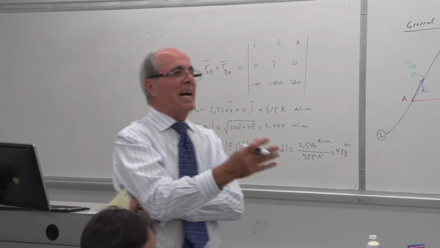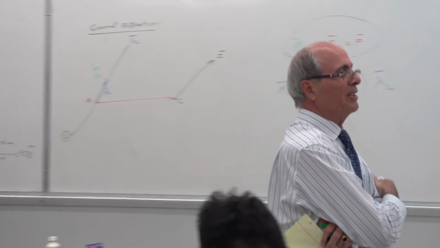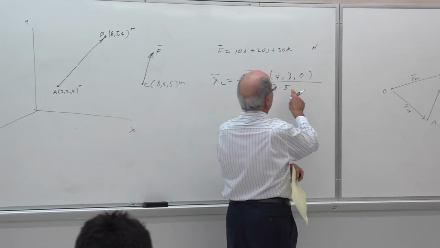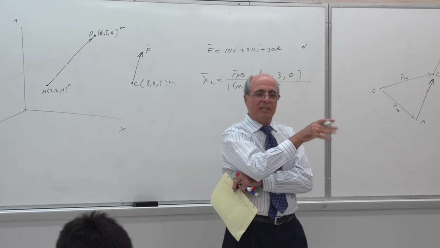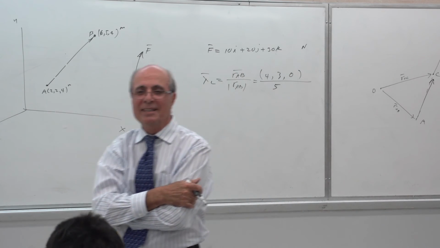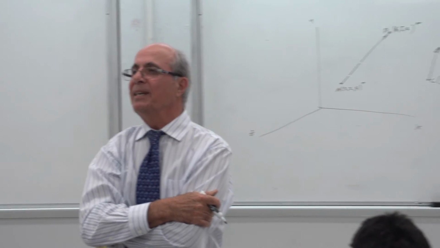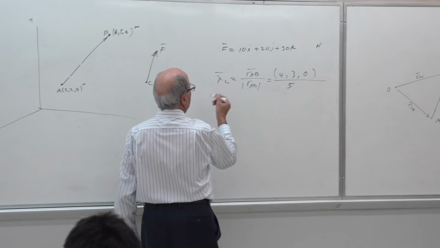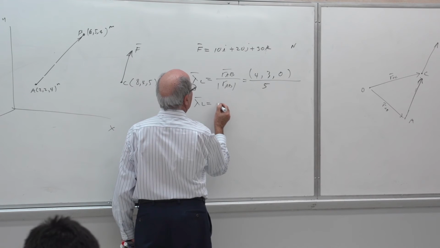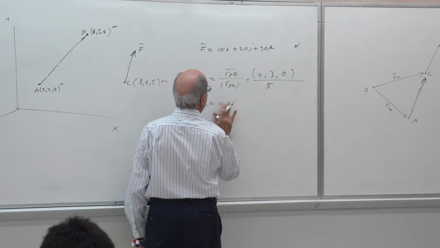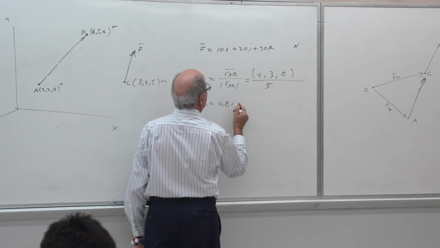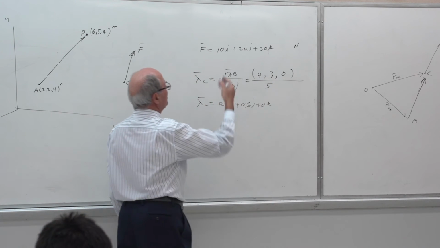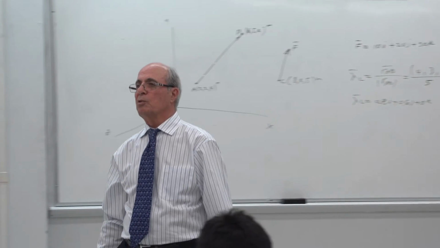It doesn't have to be in a plane; it could be in space. But that is lambda L, which is 0.8 and 0.6. Remember that? You don't need tangent and everything: 4/5 and 3/5 and 0. So that's our lambda. In decimals, lambda L is 0.8i plus 0.6j plus 0k, no unit because it's meter over meter, because those are cosines.